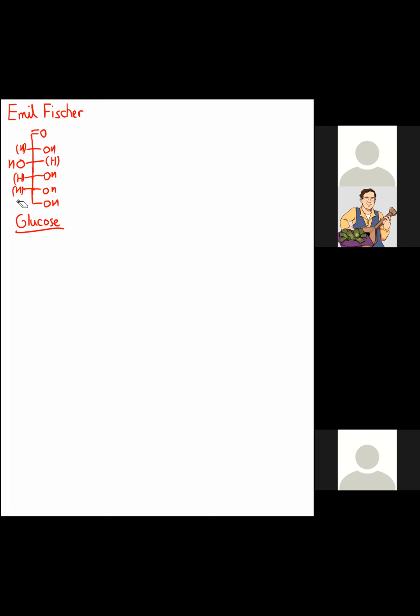So what he noticed was that glucose and mannose, which had just freshly been isolated from some sort of nut, were closely related. Now, of course, he didn't have these structures that we've drawn here. But what he knew happened is if you took these two molecules and you treated them with phenylhydrazine, which